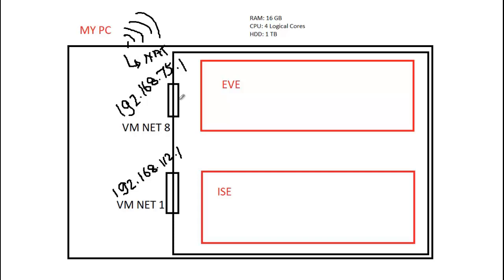Now we will have our management connected with EVE on this VMnet 8, and we can have our ICE connected with VMnet 1, and we can also have our VMnet 1 connected with the EVE, so that we can connect this management with a firewall. Then it will be connected to a switch.